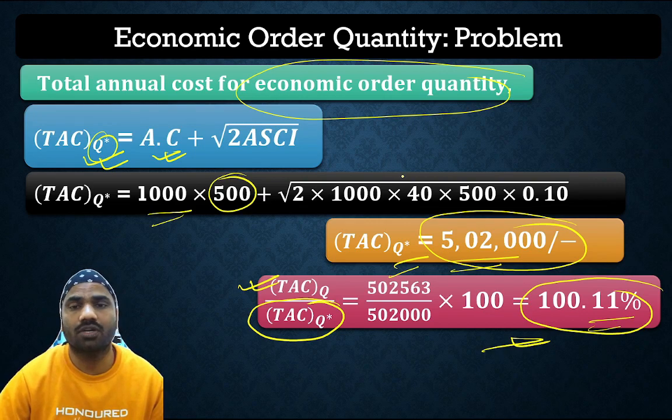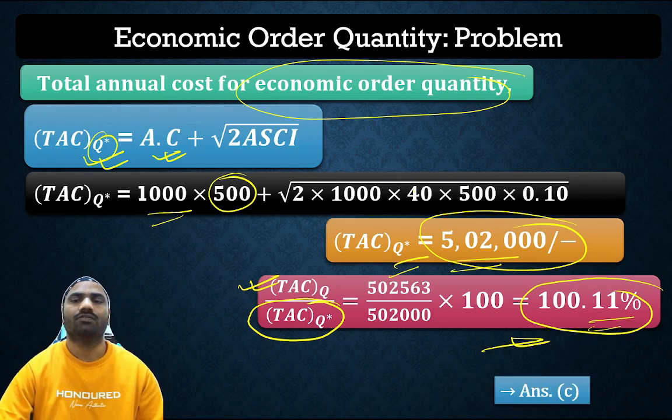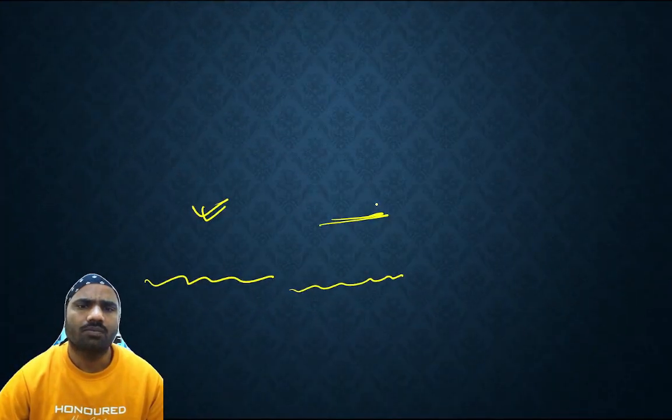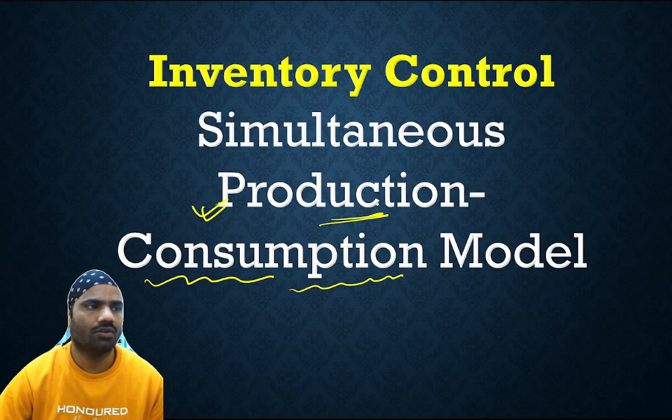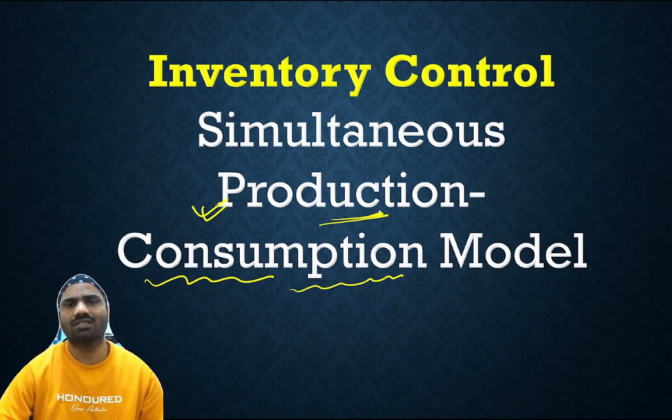We have calculated the number of orders, and we have discussed those parameters. So we have discussed the first model of inventory control, the economic order quantity. Next, in the next lecture,